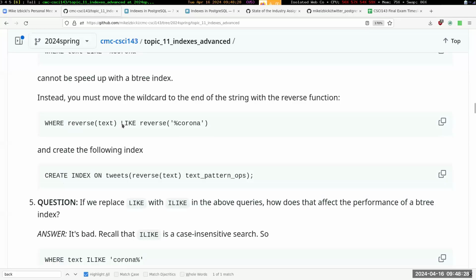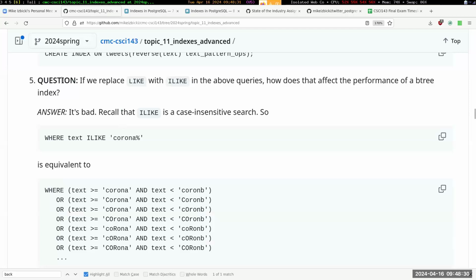Another thing that I talked to a handful of people about in the lab, but the lab didn't go over it in detail, is the performance difference of the LIKE and the ILIKE operators. How does that affect our performance with a B tree? The answer is that if you use ILIKE, then you actually get really bad performance. This will be important to understand for your final exam: why do you get bad performance if you use the ILIKE operator instead of the LIKE operator? And the answer is because,